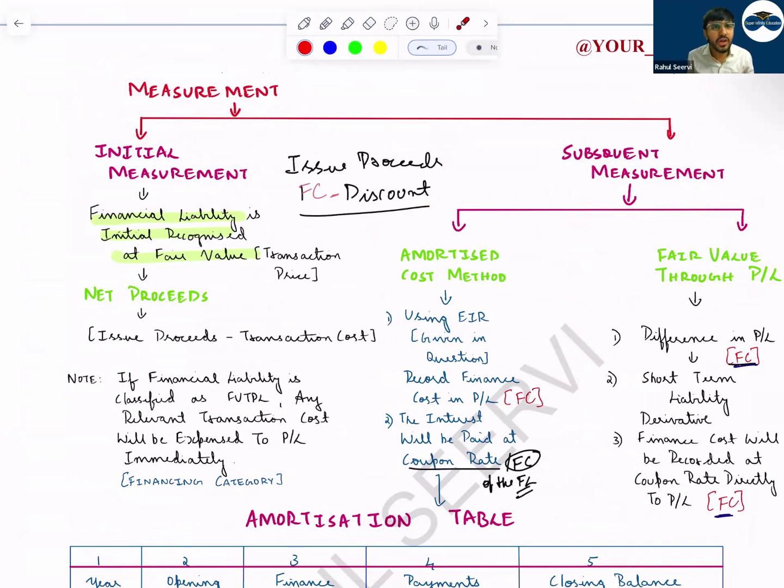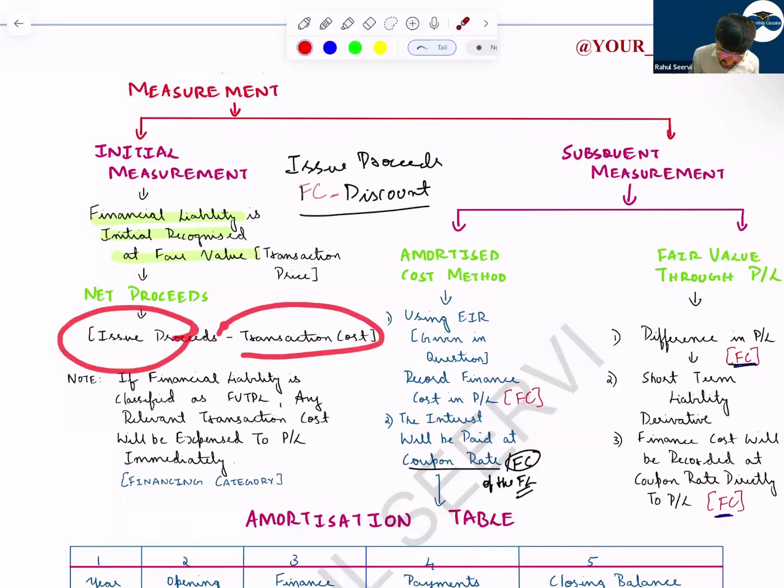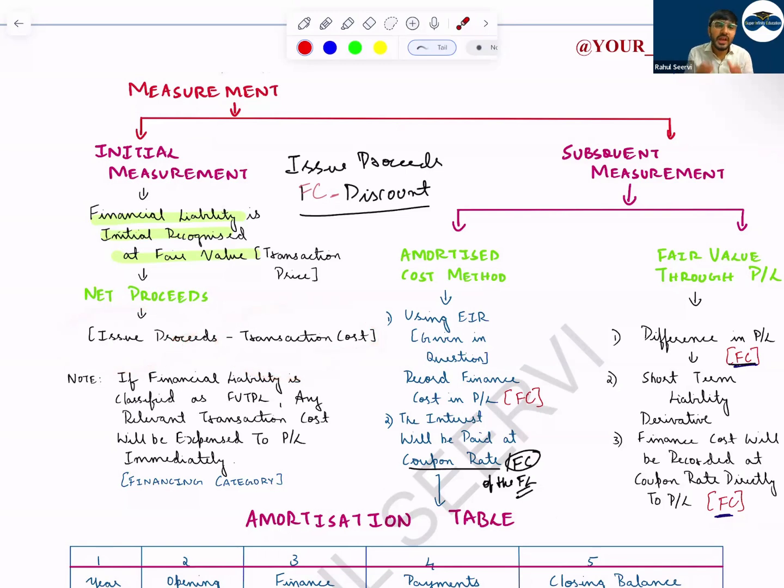Face value minus discount. So here, what should you keep in mind? Net proceeds. Net proceeds received, because a company will be issuing bonds. They will be getting the amount. So net proceeds received in the pocket. So issue proceeds minus transaction cost, you will reduce this, and this you will record over the period based on